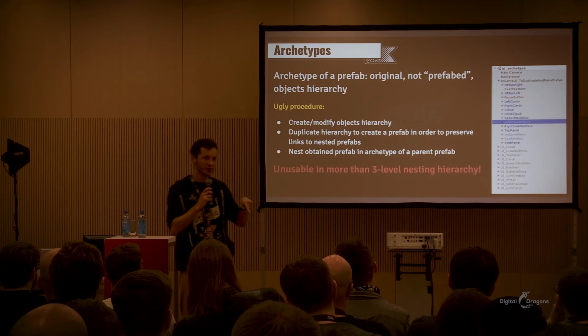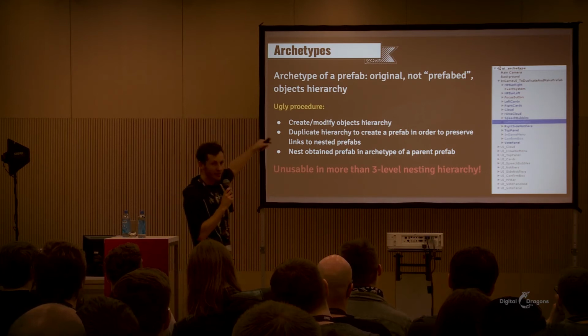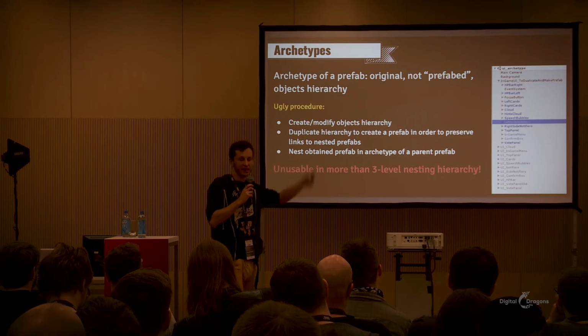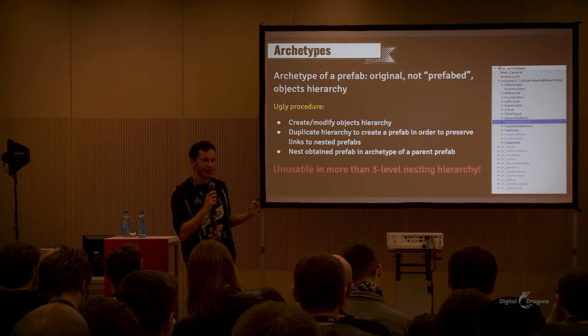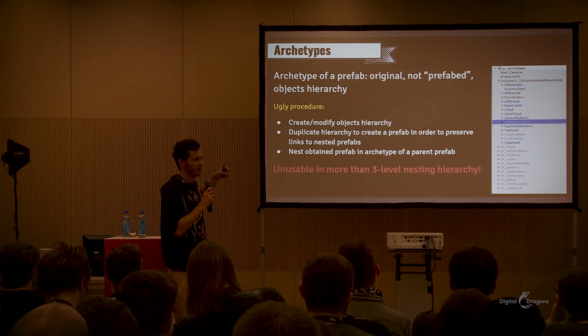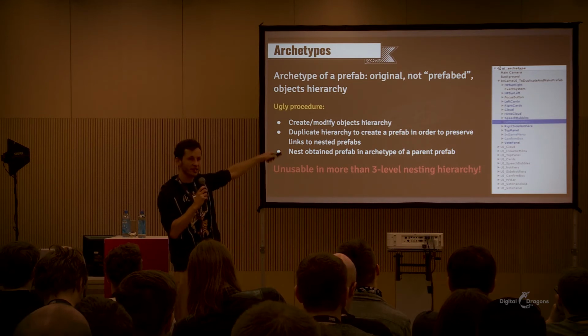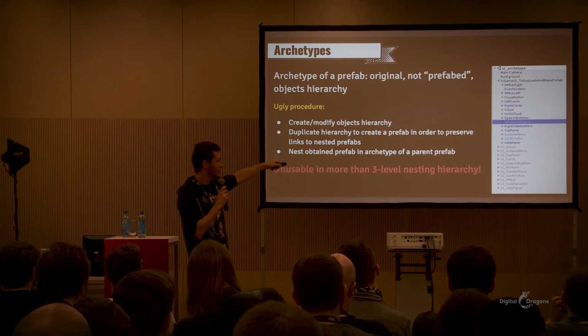Then we nest this prefab into another archetype, and again we duplicate the archetype and apply the duplicate to the prefab. In that way, we do not lose the links to the original prefabs